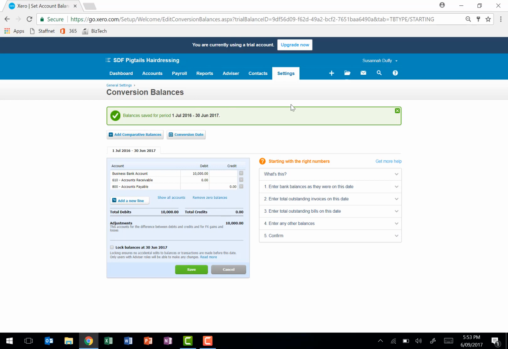Okay, so see at the top there, it's got the green bar to say that we have successfully saved that conversion balance or account balance. So the next step now is to import a bank statement. So if we go back to our bank account,